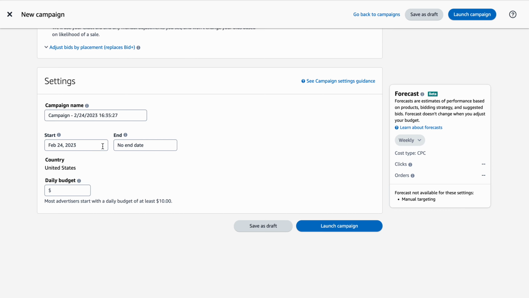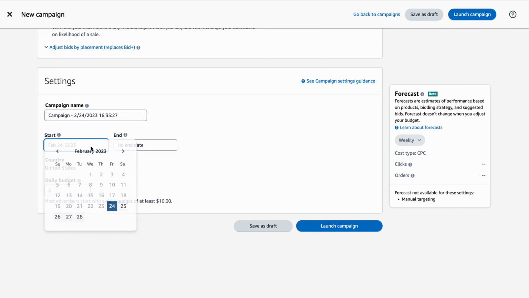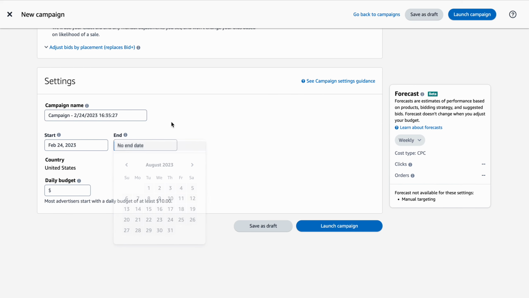And then down here, just the basic stuff. So you've got the start date here, which you can click, and then the end date there. Make sure you don't let these campaigns run away from you. If you put a budget on there, okay, with a daily budget maximum of £10 there, it's going to run away with you if you don't keep track of it. Amazon will never stop munching up your money for PPC. Make sure you're tracking this, or make sure you put an end date in there so that you don't lose this.